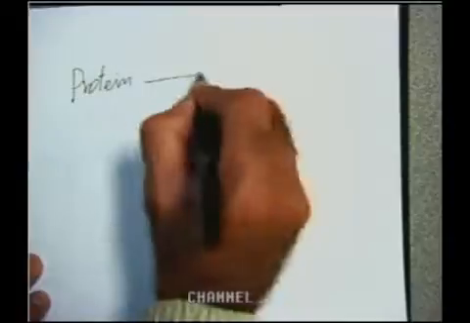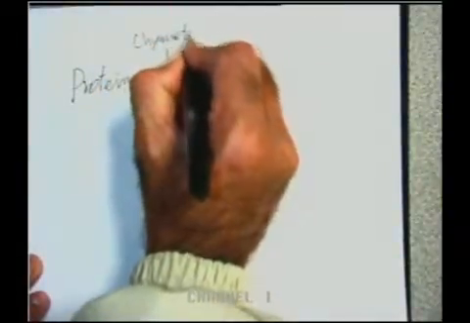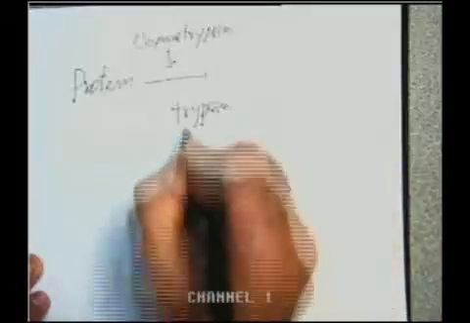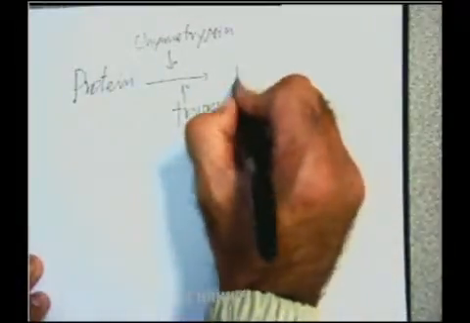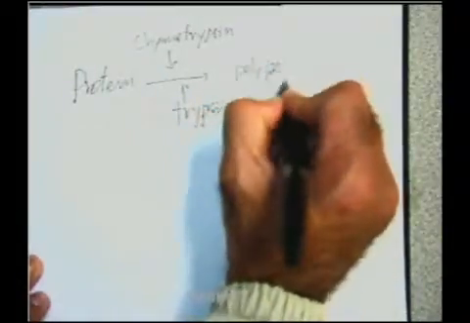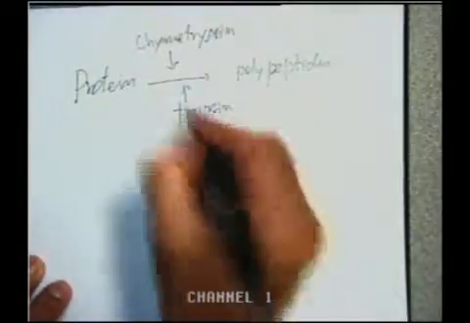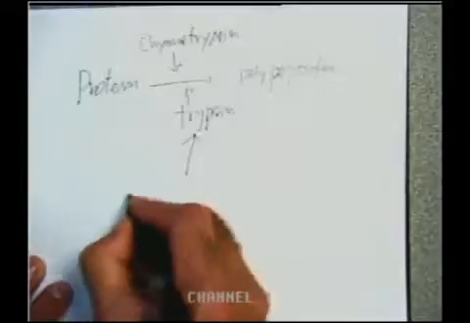Protein is digested by pepsin and trypsin, and then it is going to be a polypeptide. So these enzymes have a proenzyme called